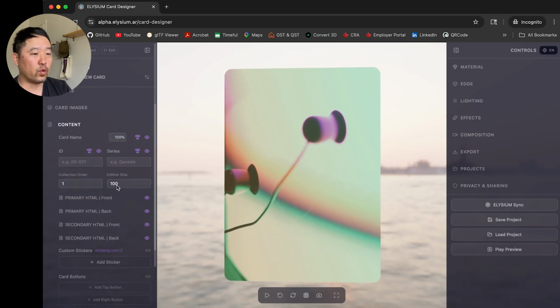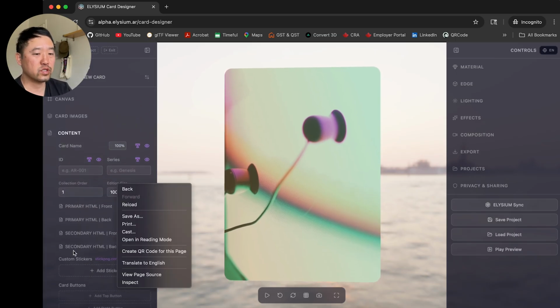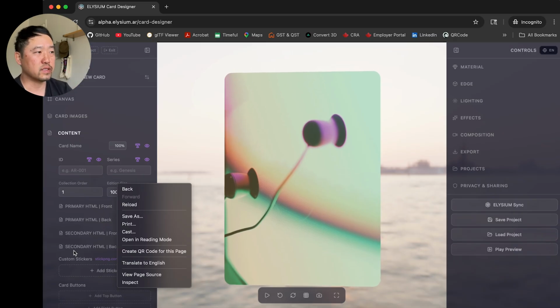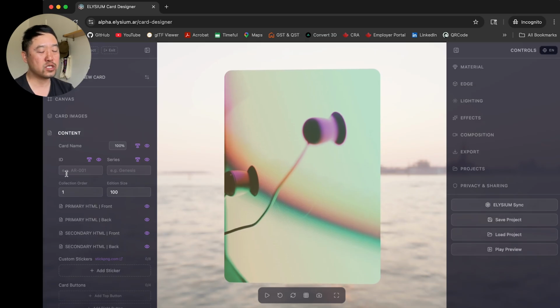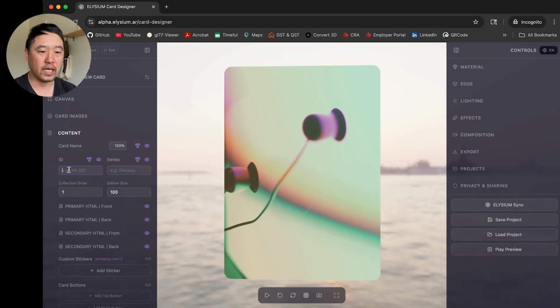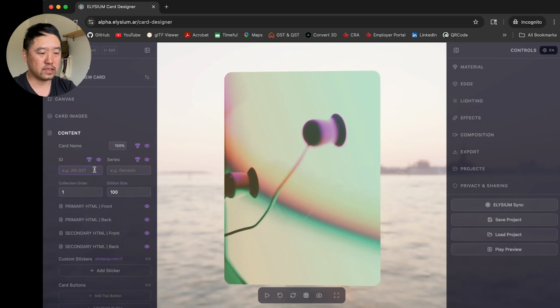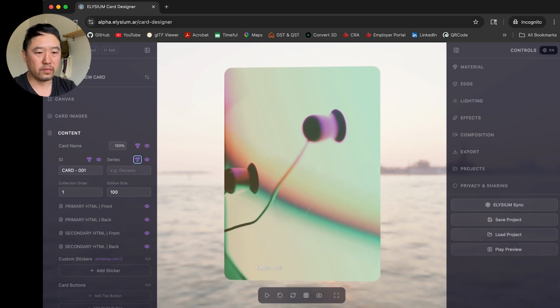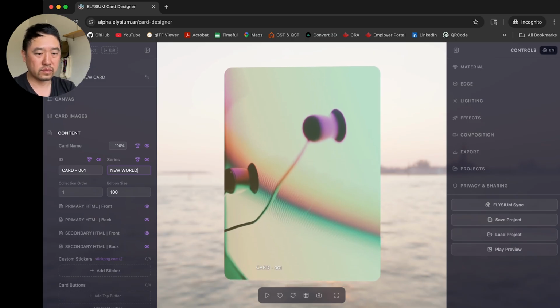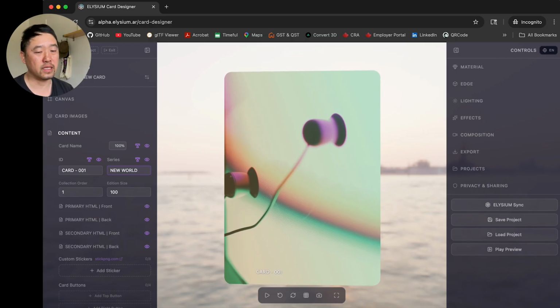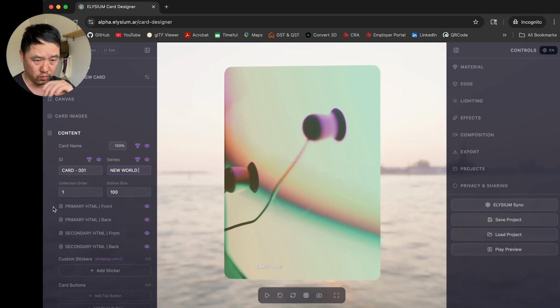The key thing to remember for now is that the content section has fields that are unique to each of these cards. For the asset card, the intention behind the way that we're using it is to create collections of cards. So you might have an ID and then a series. We can call this ID card 001, right? And then the series might be New World. The idea is that you might have a series, and in that series you might have a number of cards, and these cards can be numbered in that certain way.